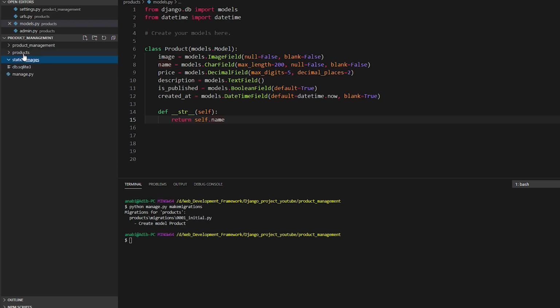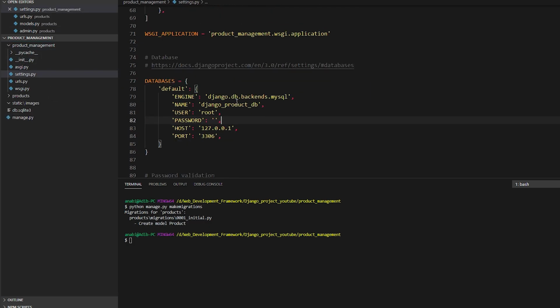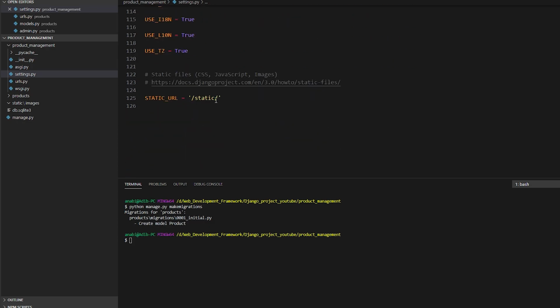Okay, so it will contain all of our images. Now in the settings.py file we need to use that. Our main static URL is this one, /static. It means that in the root directory we're going to go to the static file. The image will go to the static directory, and we're going to see it, the media